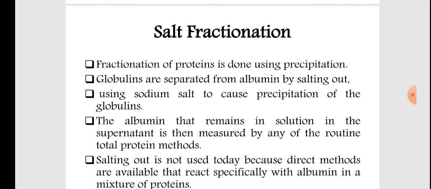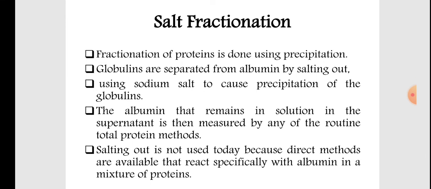Other method for quantitation and identification of specific protein is salt fractionation، اللي هو الفصل عن طريق الأملاح. Fractionation of protein is done using precipitation. Globulin are separated from albumin by salting out using sodium salt to cause precipitation of globulin. The albumin that remain in the solution in the supernatant is then measured by any of the routine total protein method. Salting out is not used today because direct methods are available that react specifically with albumin in the mixture